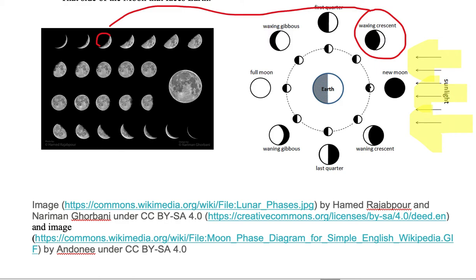And we're looking at the moon at various different portions in its orbit around the Earth. So the moon takes about a month to orbit around. So in this one Earth month, we're looking at various different positions of the moon in its orbit. And because of the moon's location relative to the Earth and the sun, we see these various different phases in the sky. So if you're standing here looking up at the moon,